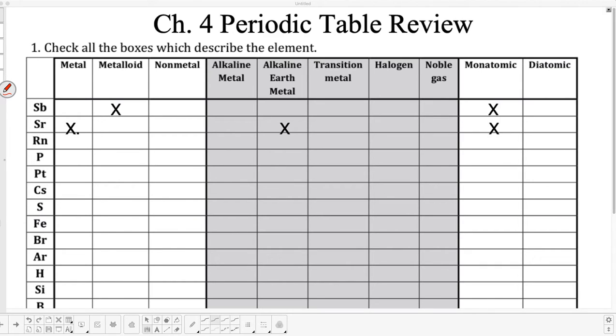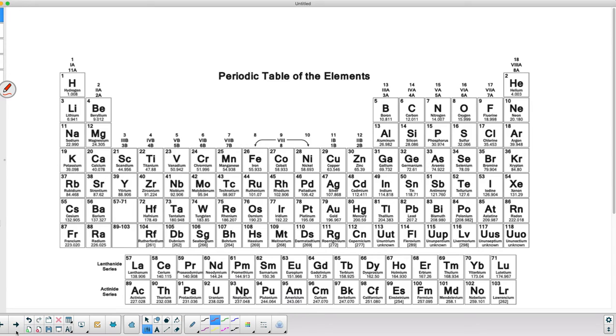So the elements are on the side here. We got the Sb or Sb, Sr, Rn, and all the way down through. So the first classification is: is it a metal, metalloid, or non-metal? So let's take a look at our periodic table. Our periodic table here has one clear